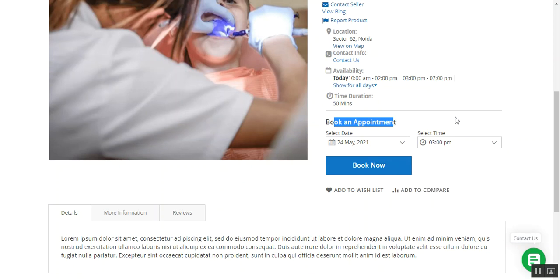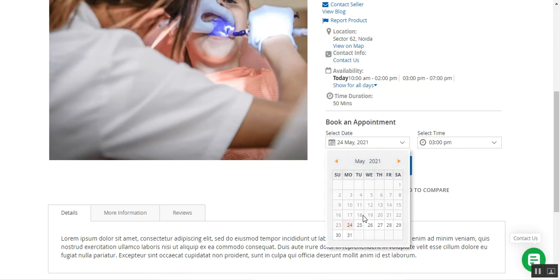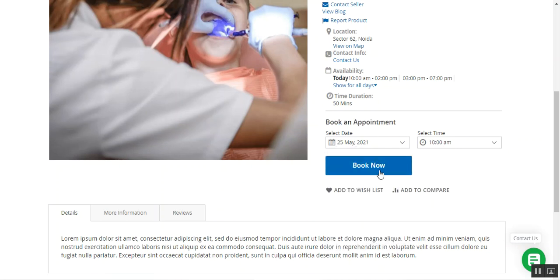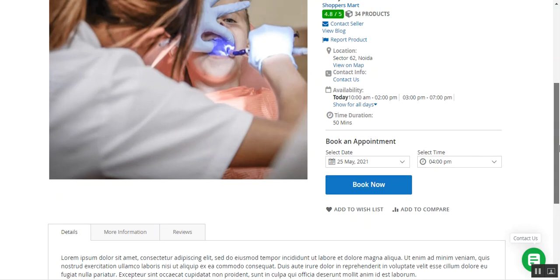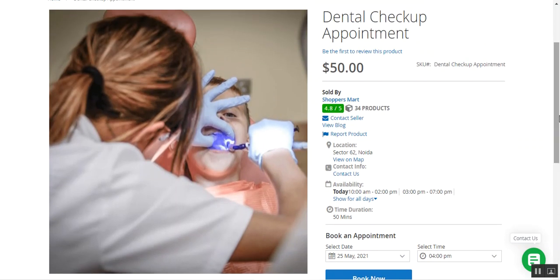Then we have the book an appointment section, wherein the customers can easily choose their selected date when they want to have their appointment, and then according to that they can choose their particular slot, and they can proceed further to book the appointment.